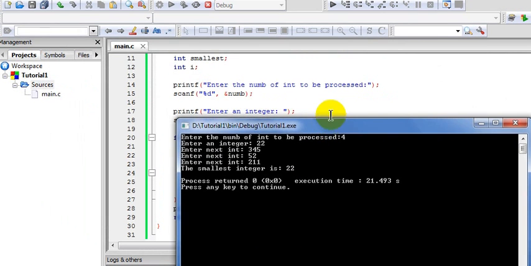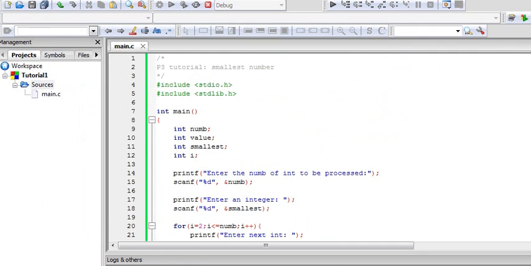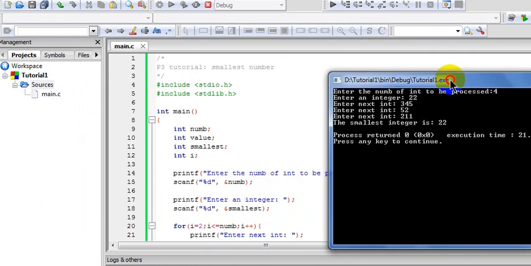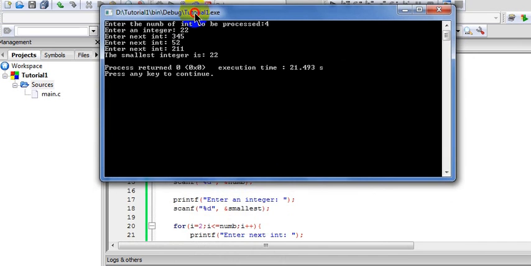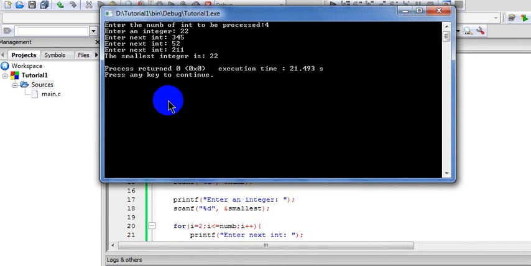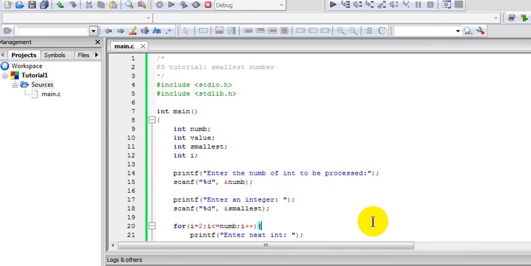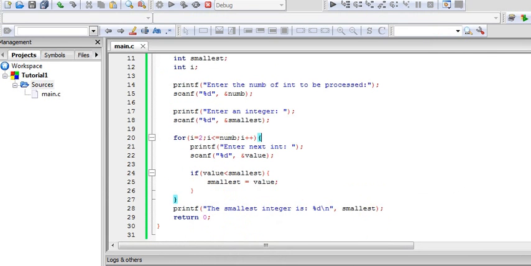So let me walk you through this one last time. Now this was the first prompt which we asked the user to input. So this was the number which shows how many numbers there are furthermore. So we entered there are 4 numbers, so these are the 4 numbers which we entered. Then next we asked him to enter an integer. He entered an integer. We assume that this was the smallest integer, and then we come into the for loop